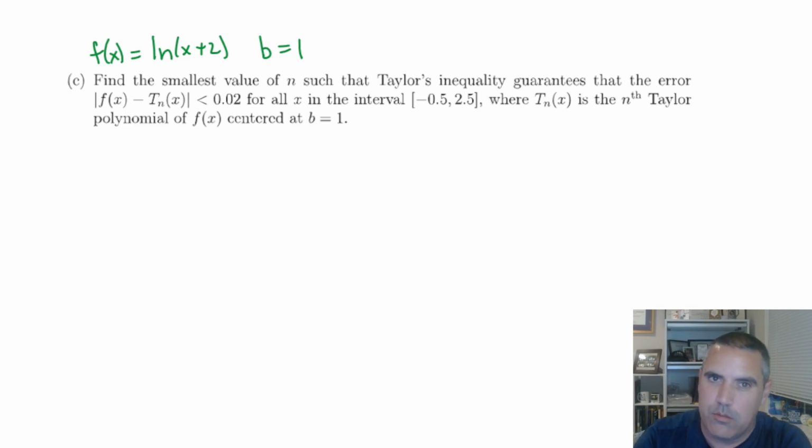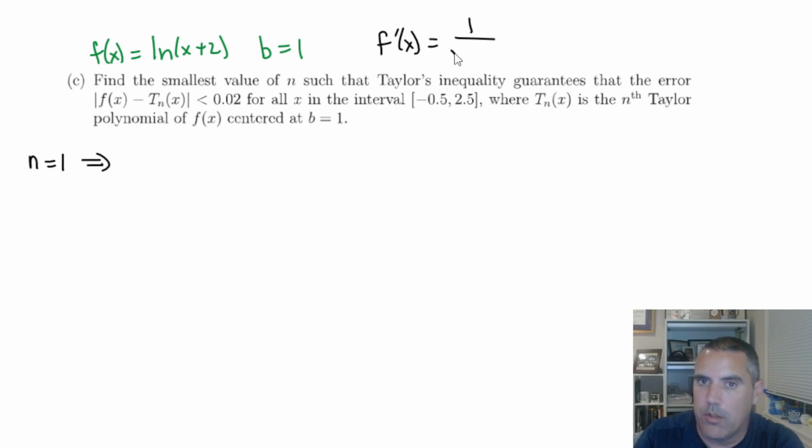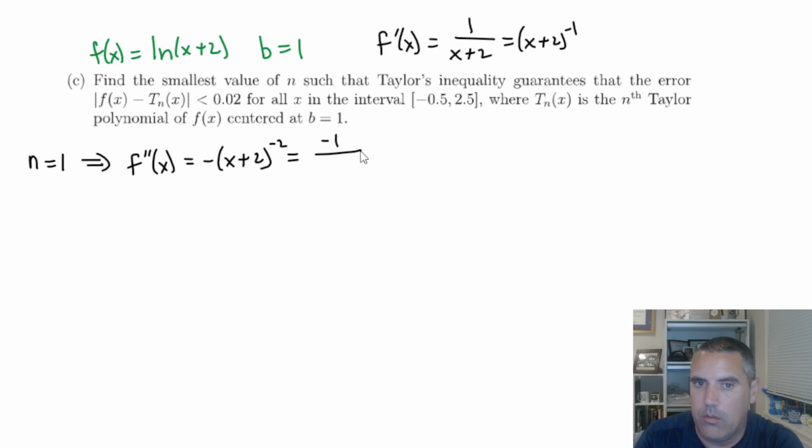So you don't have to do like the solution did and spot the pattern right away, but you do need to start looking for a pattern. So I would try 1. So that means you're going to need to get the second derivative. So the first derivative is 1 over x plus 2, which is (x plus 2) to the negative 1. The second derivative, which is what I'm going to write here, is negative (x plus 2) to the negative 2, which is the same as negative 1 over (x plus 2)